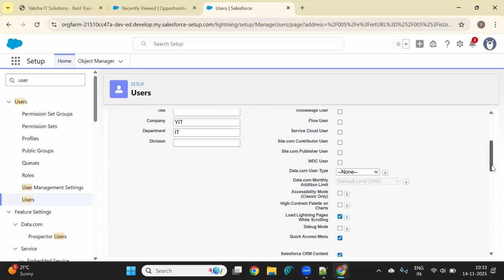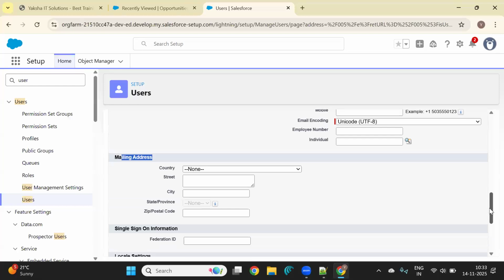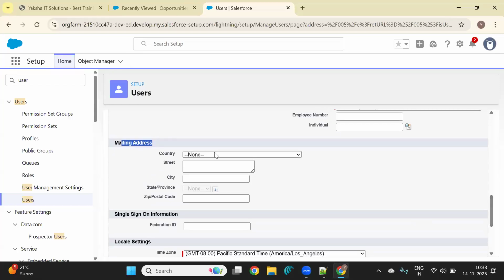So let me go with the mandatory fields first. And this is regular, I mean, it's normal. If you want to provide the mobile and individual mobile information, you can provide it. And this is your mailing address for the customer, sorry, for the user. So now if you see the mailing address, whatever country you are going to select,